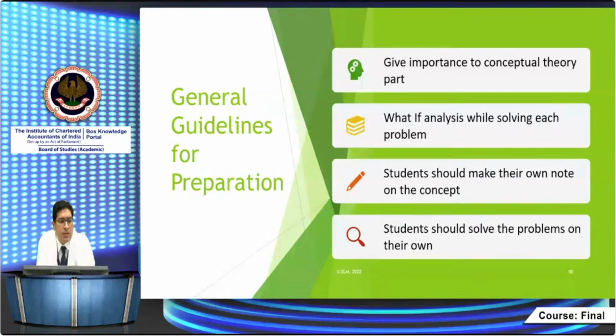Now I will discuss with you general guidelines for preparation. Give importance to conceptual theory part. You have to give importance on conceptual theory part. आपको थ्योरी के ऊपर इंपॉर्टेंस देना ही होगा, जो कॉन्सेप्चुअल थ्योरी है। आप अपनी मर्जी से कुछ भी लिखकर नहीं आ सकते एग्जाम के अंदर। बेसिक कॉन्सेप्ट आपको पता होना चाहिए, आप वो लिखकर आ सकते हैं।